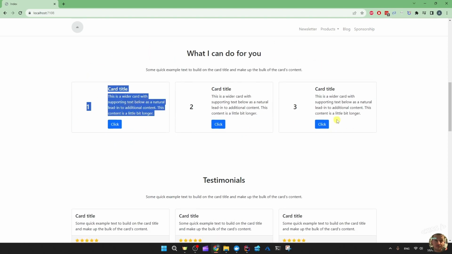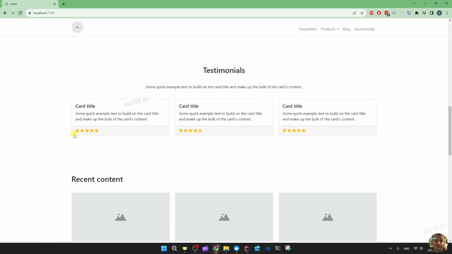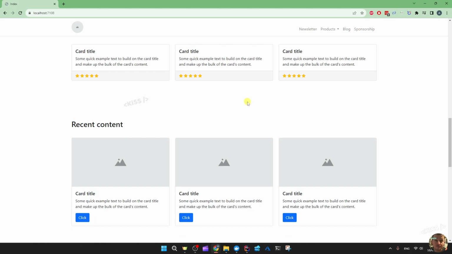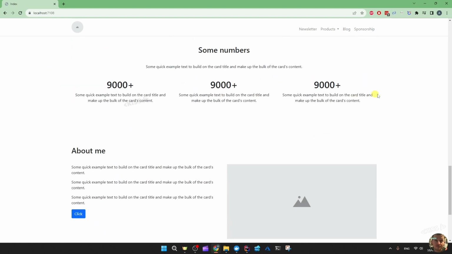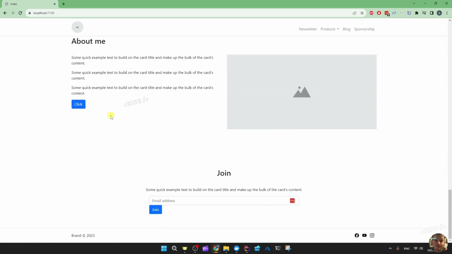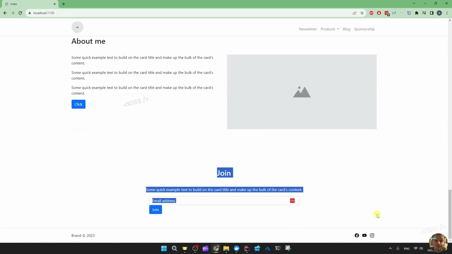What I can do for you, it's in 3 cards, 1, 2, 3, with call to actions, some testimonials. Of course, I still have to add an avatar and the name of the person who posted it. Some recent content, which could be the blog post or newsletter stuff or something else, maybe YouTube videos, you name it. Some numbers, of course, to build some trust, and a small about me section. I'm not sure if I'm gonna leave that in, just to see, and then a repetition of that newsletter subscription